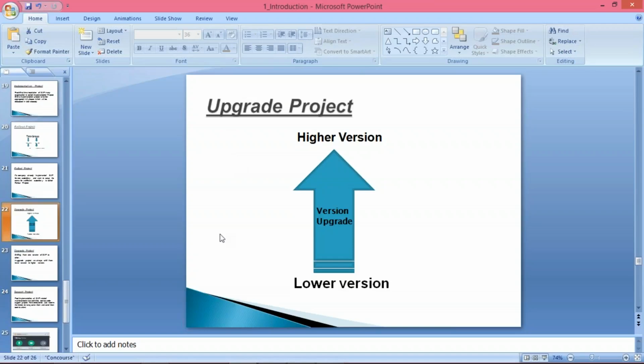In the same way, SAP is also keeping on adding new functionality. So the version is going to change after a certain time, like every year or every two or three years, when some major changes they are going to bring, so the version will change. Now let's suppose in Tata Motor we implemented SAP 10 years back. So 10 years back means in 2008, and right now we are in 2018.